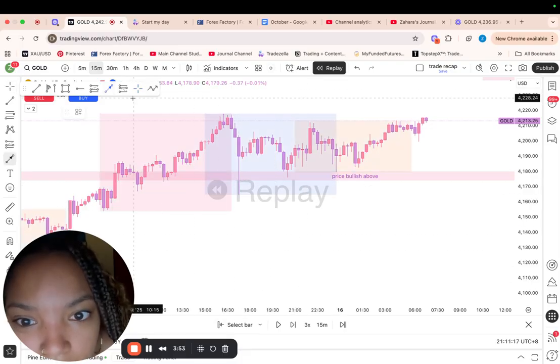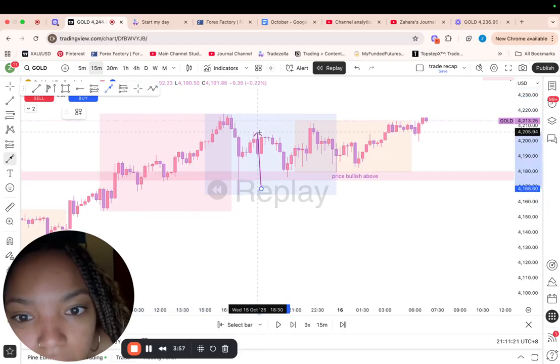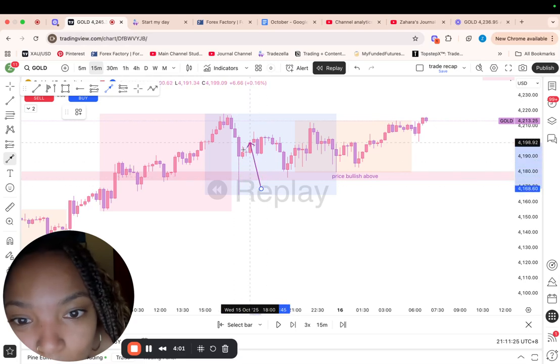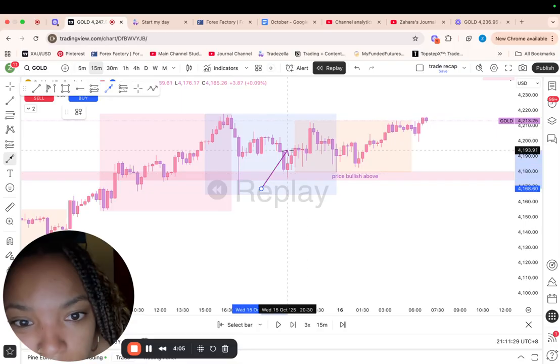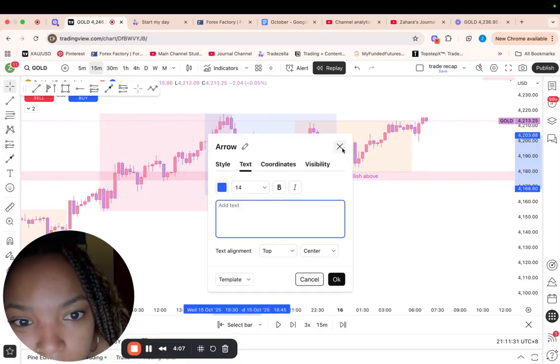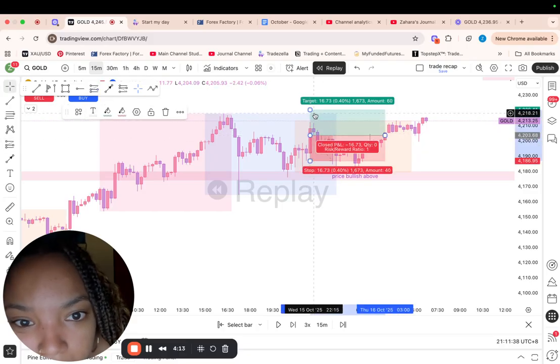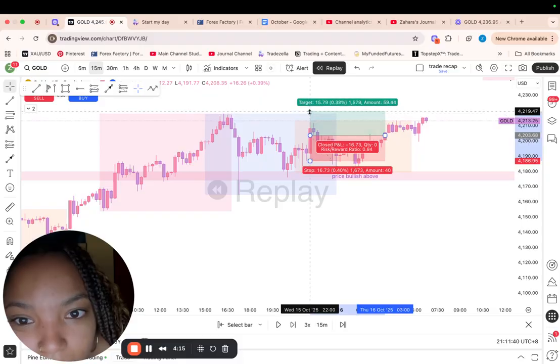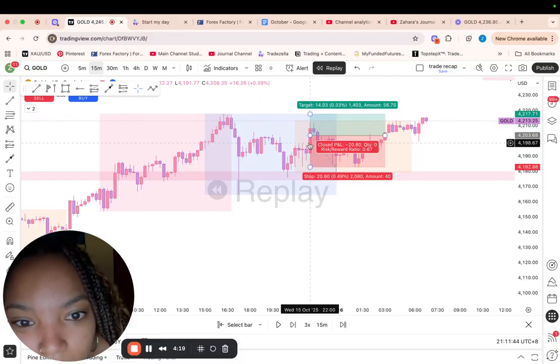Here's that candle again. It just wicks down, even on the 15-minute. It's still got a massive wick, and there's no candle closure anywhere near the level. And again, even if we're looking at this one, we're not seeing any bullish structure. If I were to have taken a trade, it would have needed to be like here. And we can both see very clearly, even if I put it at a swing low, I would have gotten stopped out.